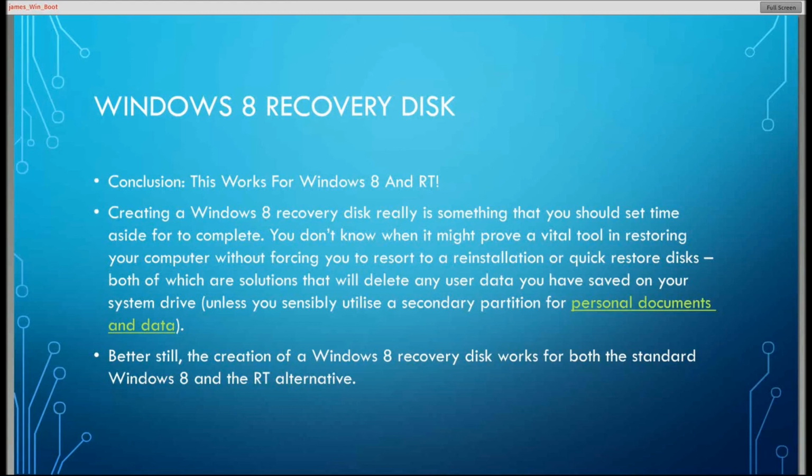And Stu asked that question: will the USB boot disk just take you to a command prompt? It really should take you to a series of tools, actually. It'll be more than just a command prompt, because